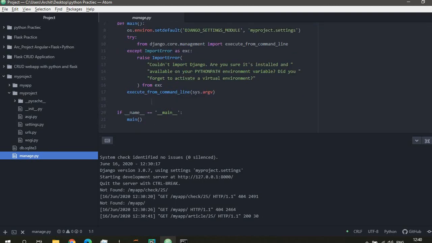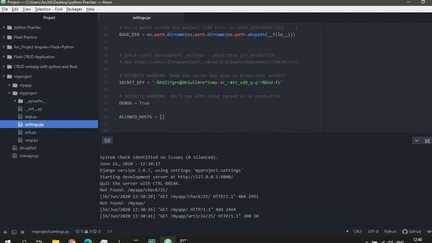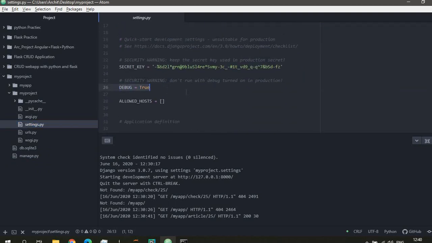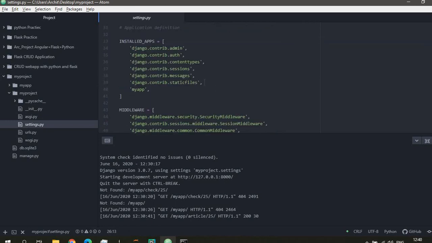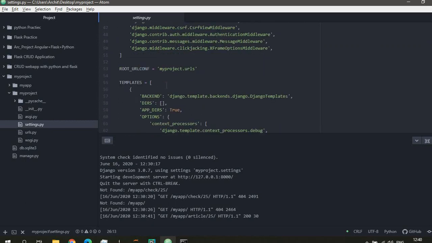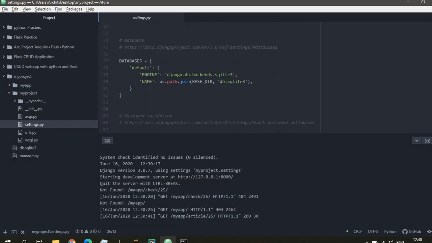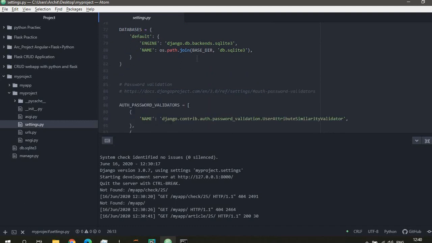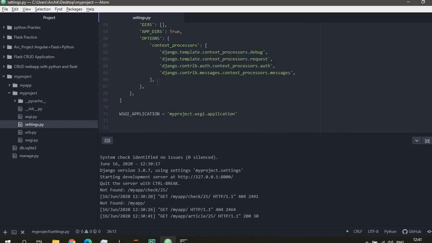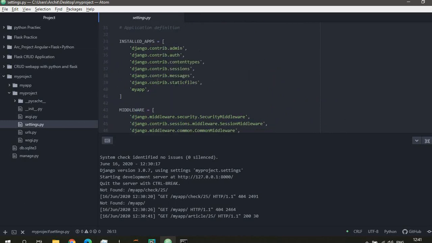We'll set debug equal to True. How do we set this? We go inside the settings option of our project. Here you can see that DEBUG equals True. This is set to True so that when errors occur, you can actually see them in real time. You can see what the errors are, what the problems are. Here in the settings, you can add multiple imports into the application related to things that you want in your project, like how to add databases, how to connect the path to the SQLite, passwords, templates, middlewares, and installed apps.